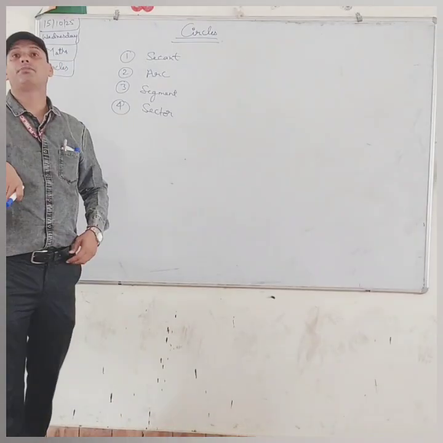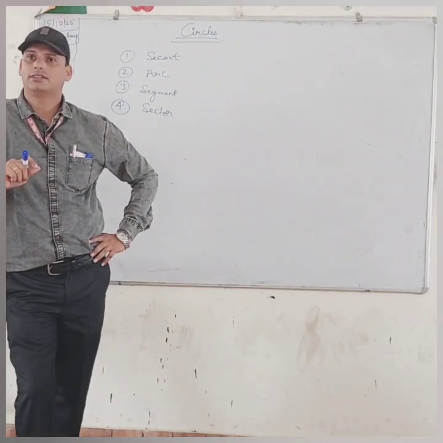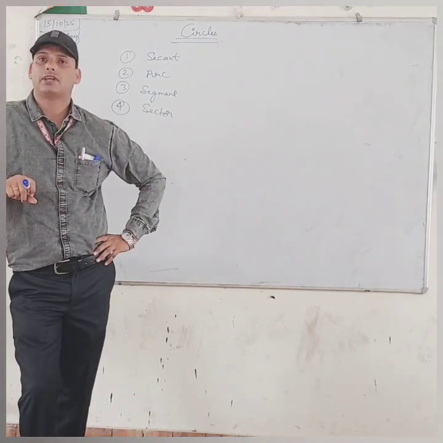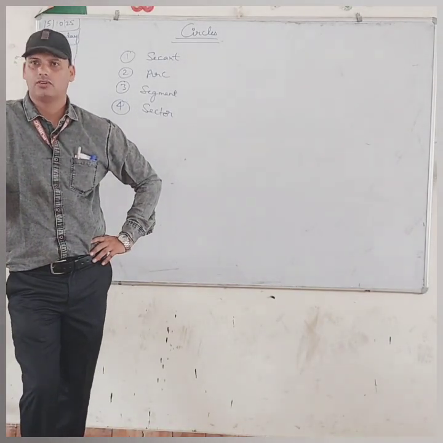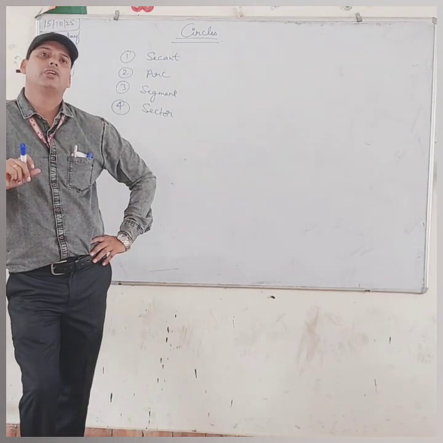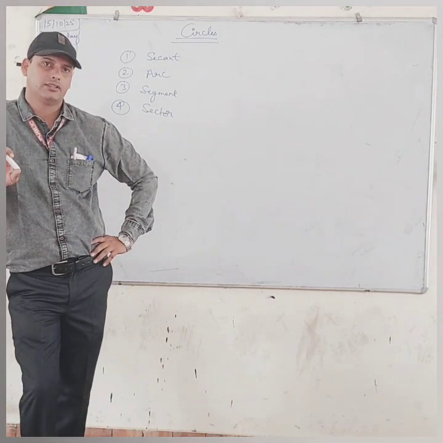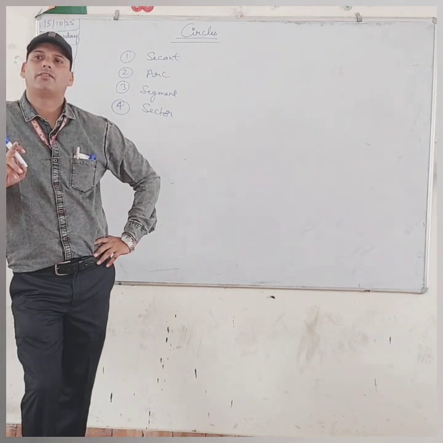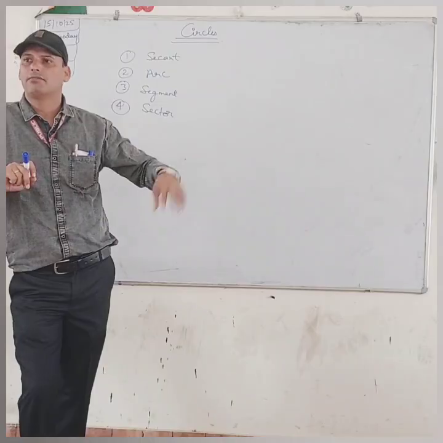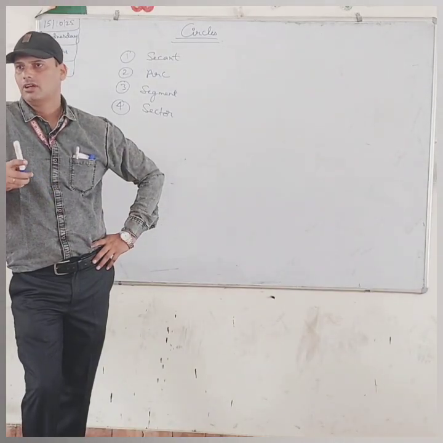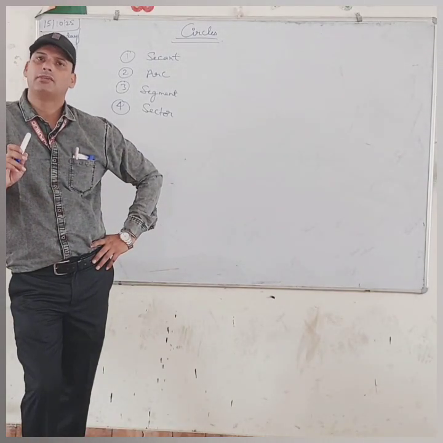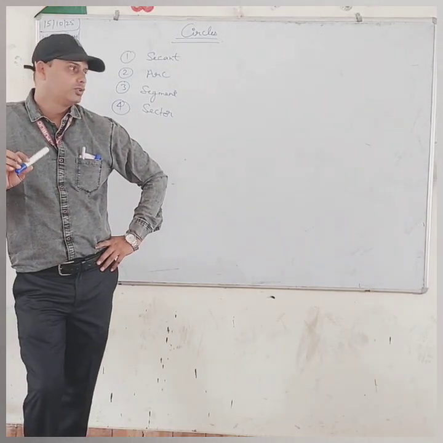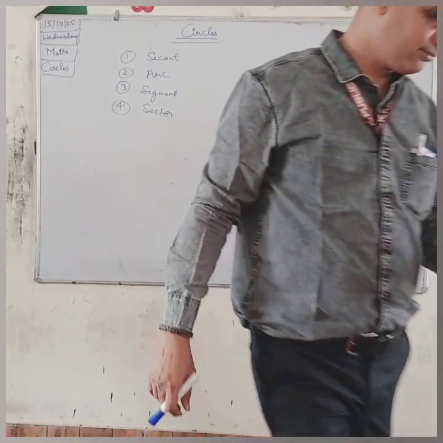These four major points are there in the circle. Actually, these 4 points need to be discussed in more detail. Okay? Why? Because they are very useful in class 9th as well as class 10th. Clear? In both the classes they are very useful. So you have to go through this very deeply. So we will discuss this in the next class, and also if we get time in that class, then we will also discuss some theorems of the circle. Clear? So we will end our class here.